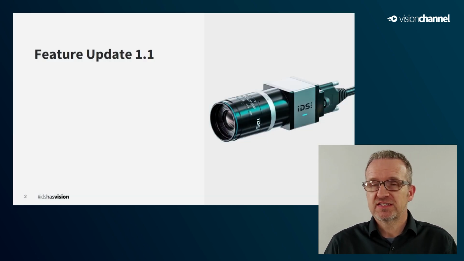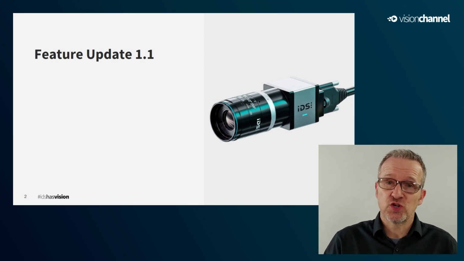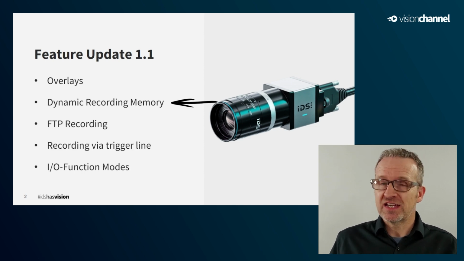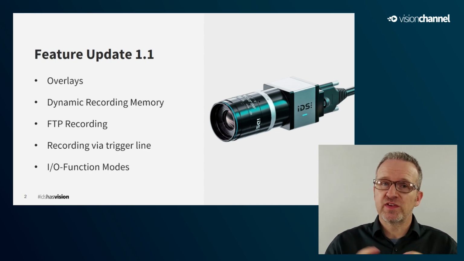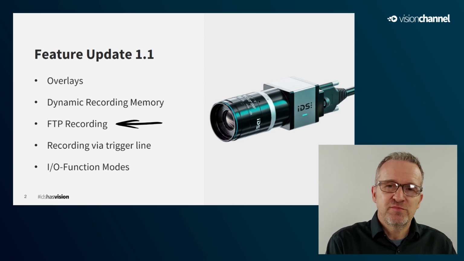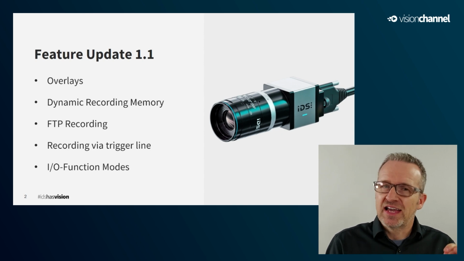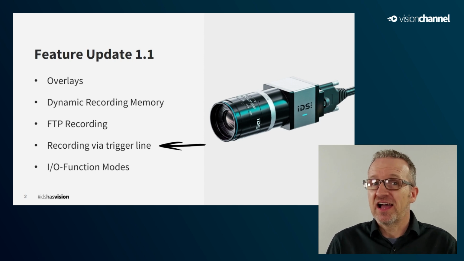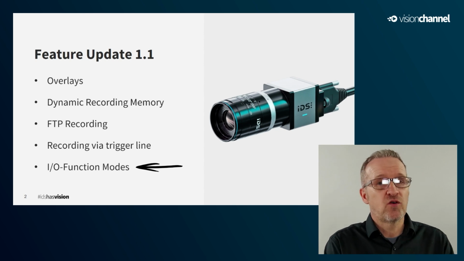The firmware 1.1 is a comprehensive feature update. It expands the camera's application options with many interesting improvements. Selectable overlays show important status information during the operation, and the internal device memory is now filled dynamically, depending on the size of the individual recordings instead of being divided into fixed time slots. An integrated FTP client enables the recordings to be saved automatically on an FTP server, and the recording events can now also be triggered by electrical signals, and for that, the I/O ports can now be coupled with internal camera functions such as the recording with an operation mode.